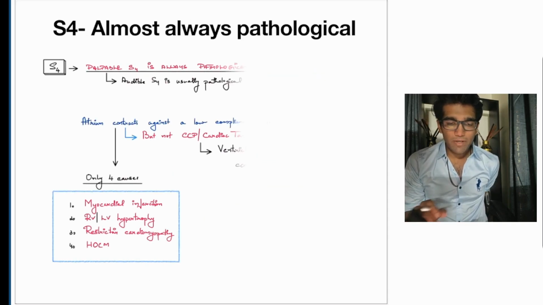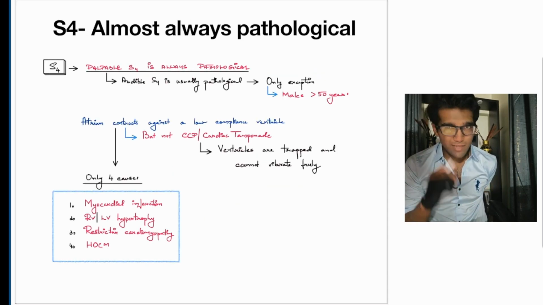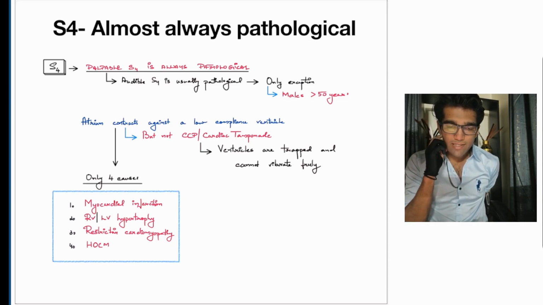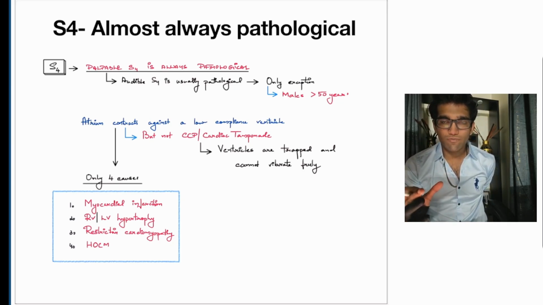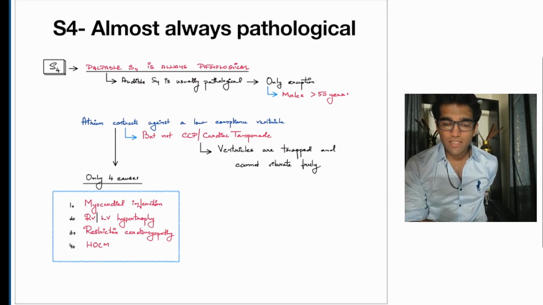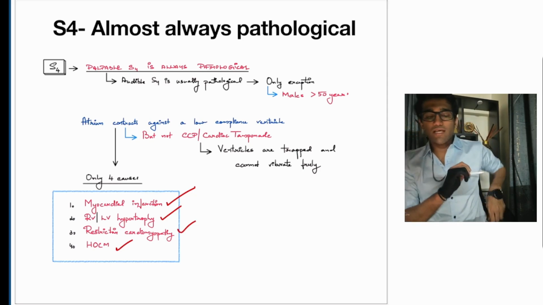Now coming to S4. S4 is due to atrial contraction. Naturally, if S4 is due to atrial contraction, it will be absent if there is atrial fibrillation, because atrial contraction is not occurring. Now, there are only 4 causes of this. There is impaired relaxation at the end of diastole. This happens either with myocardial infarction, because even relaxation is an active energy dependent process. It happens with the hypertrophy of the respective ventricle. So it happens with hypertrophic cardiomyopathy. Then it happens with restrictive cardiomyopathy. So these are the only 4 causes of